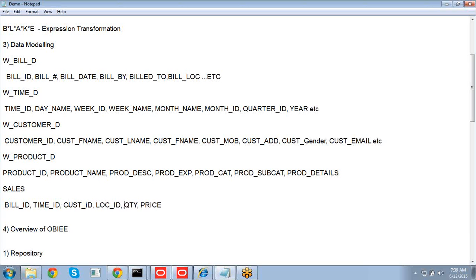Location ID, product ID. Yeah, these are the different types of IDs I have added here. And the sales table can have duplicate data. Why? Because